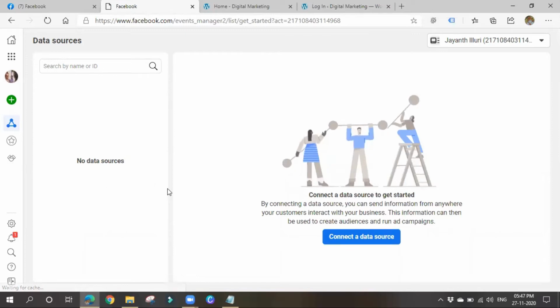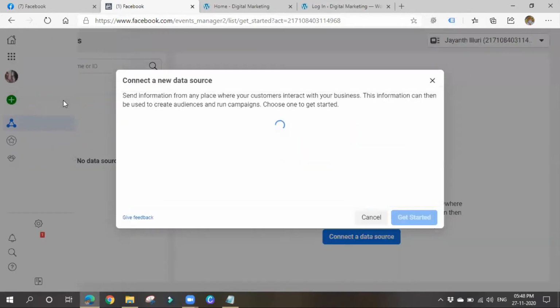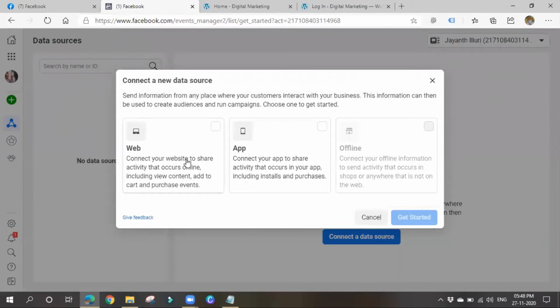Now we have to create a pixel. We can either click on connect to a data source or you can simply click here, connect data sources. If you have a website and you want to place the Facebook Pixel code in your website, then you can choose this web option.